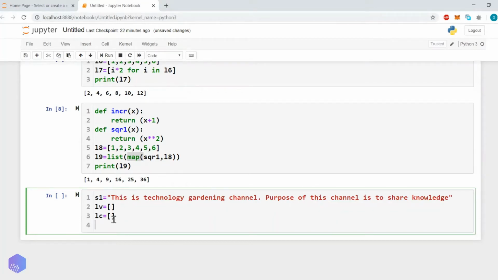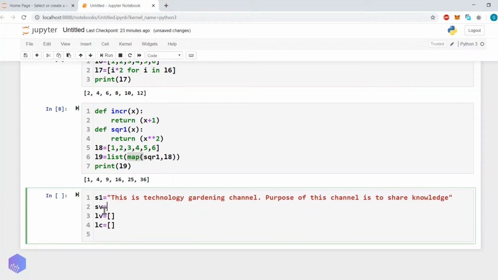we will iterate, and first we will check whether the specific character is an alphabet or not. If it is not an alphabet, then we will ignore it, but if it is an alphabet, then we will check whether it is a vowel or not. So we know the set of vowels: A, E, I, O, U. Now let's see how this will be implemented